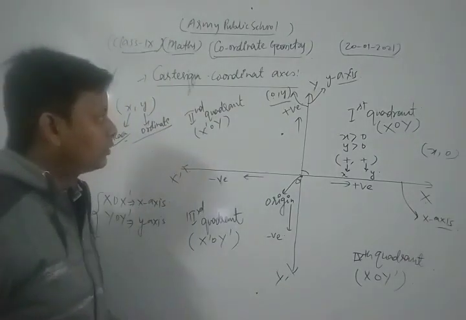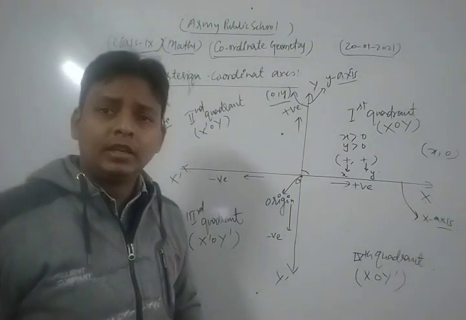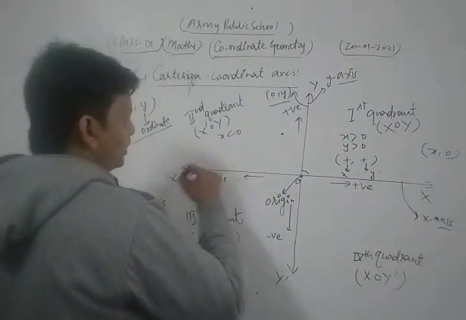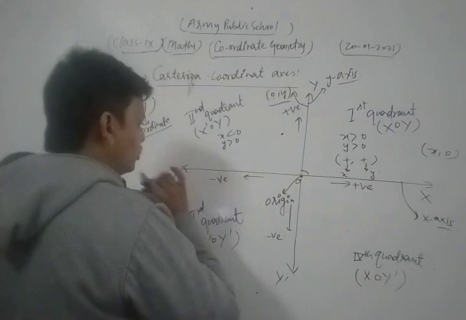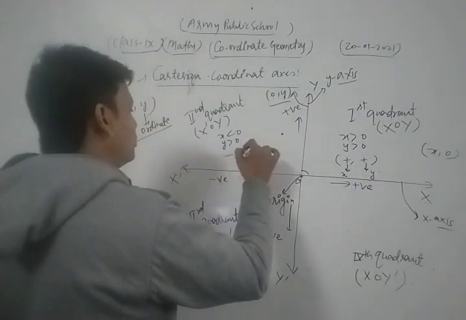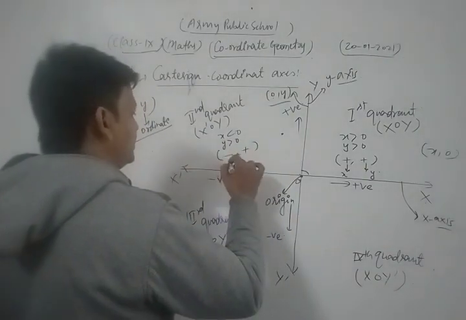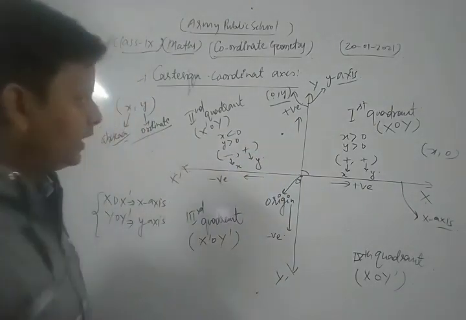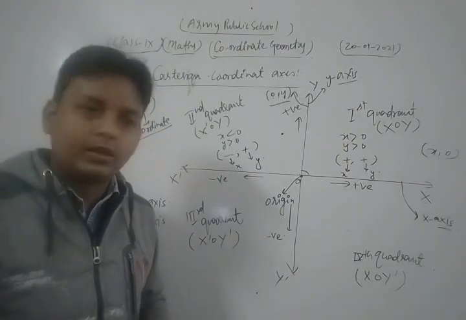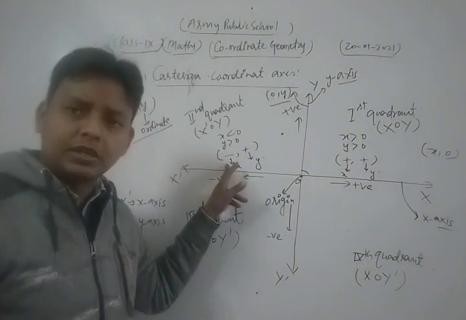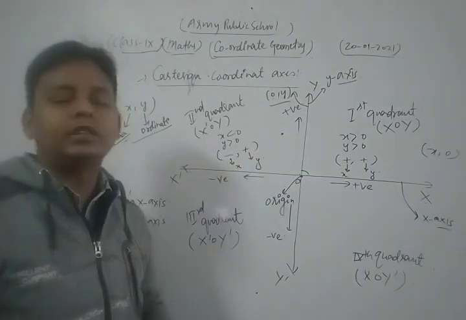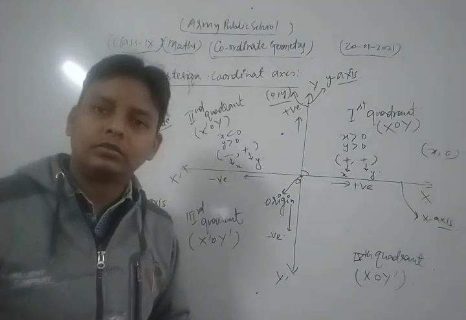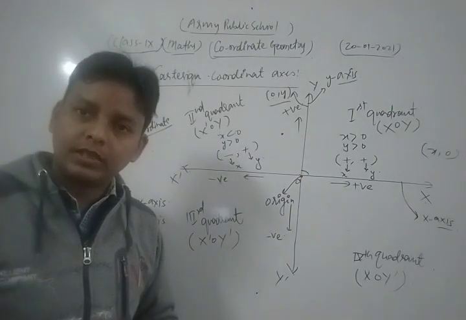Now we discuss the second quadrant. Dear student, this is the negative direction of x. So x is negative in that quadrant, but y is positive. So abscissa is negative, but ordinate is positive in that quadrant. This is represented as x, the abscissa, and this is represented as y, the ordinate. Thus, abscissa is negative but ordinate is positive in which quadrant? In the second quadrant. Now clear everyone?